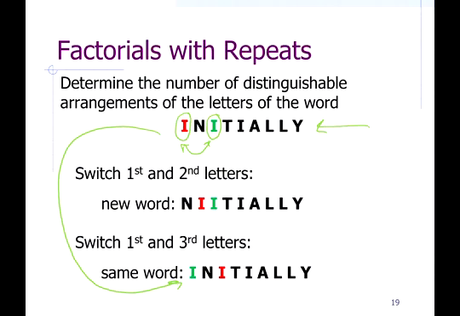So the way we deal with repeats is we have to divide by how many repeats there will be for each object. Like, what will 2 I's do? How many repeats will 2 I's cause? Or we have, well, actually we have 3 I's in this word. How many repeats will 3 I's cause? Or how many repeats will 2 L's cause? And so the rule for this,